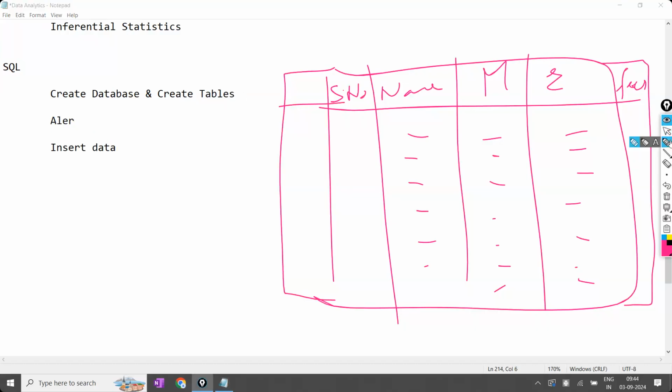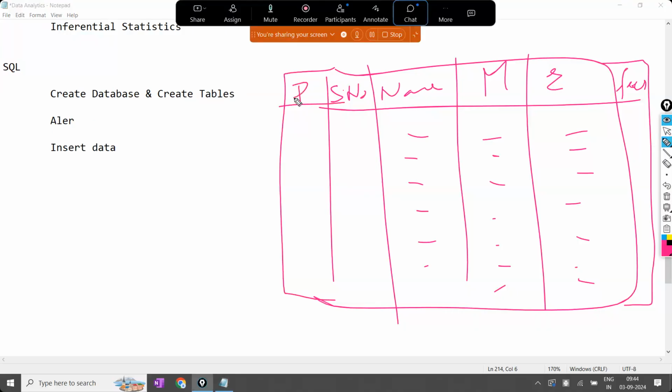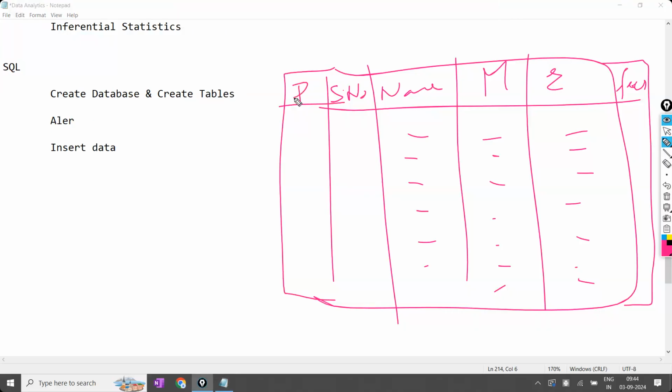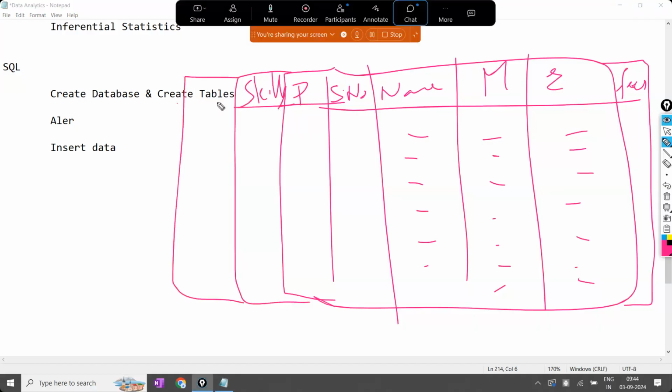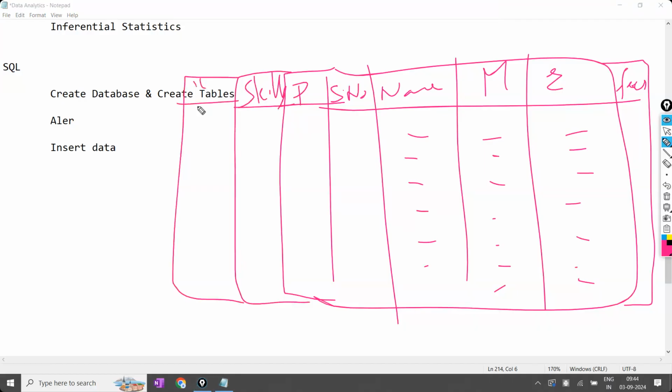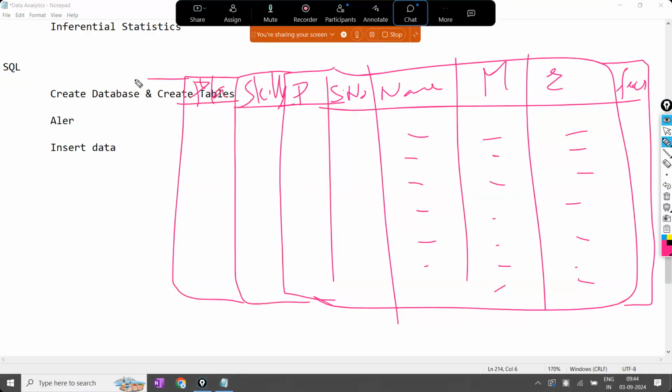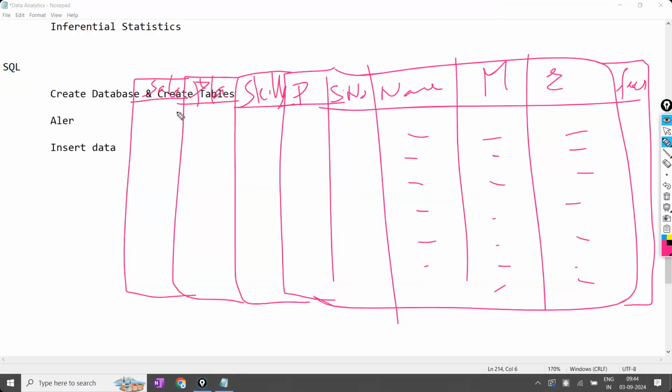And here we are going to have how many projects the student has completed, the number of projects, either 1, 2, 3 or 0. Then I will add one more at the end: how many skills you have acquired, the number of skills. Whether the student has been placed or not placed, yes or no. And if the student has been placed, what is the salary? Like this, we are going to create them one by one.